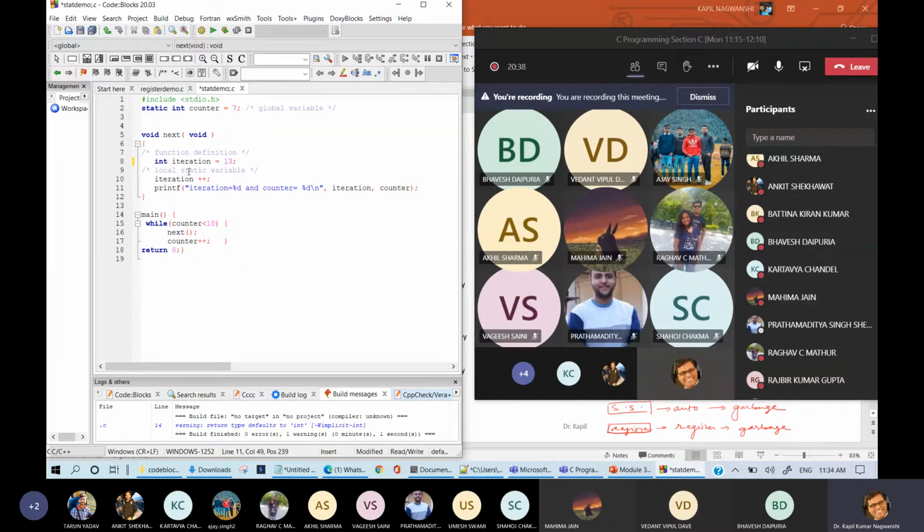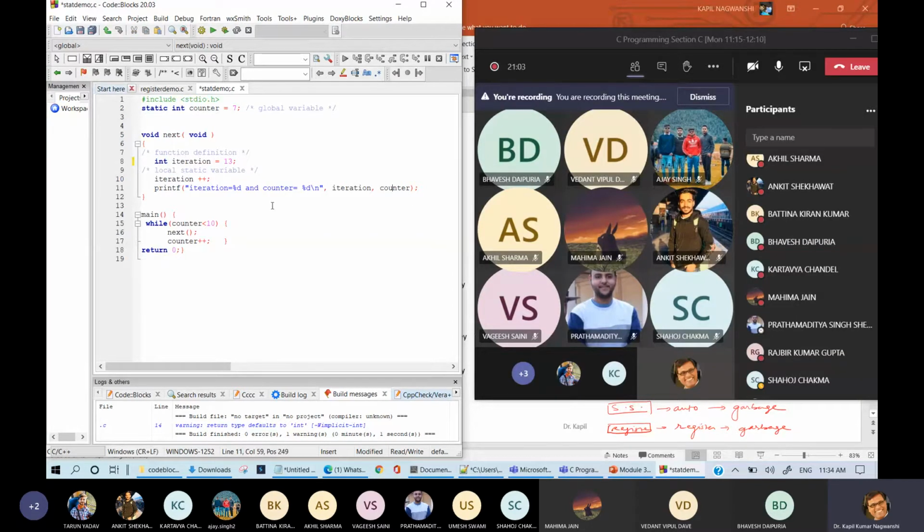So initially iteration is 13 and iteration plus plus will become 14. Now it will print 14 and 7. Now second iteration will start with 8. This will check whether integer iteration is written 13 or not. It is written 13. Again, it will increment it by 1 and it will print 14. And finally, it will print 14 and 8.